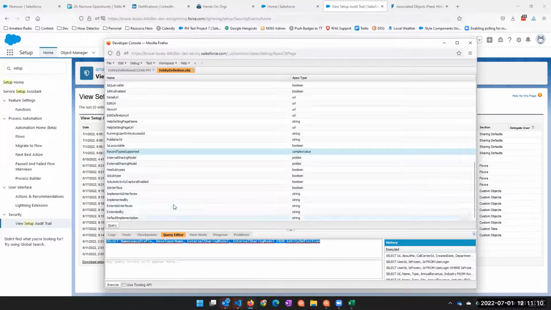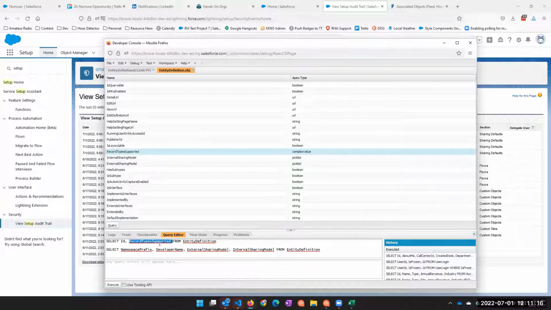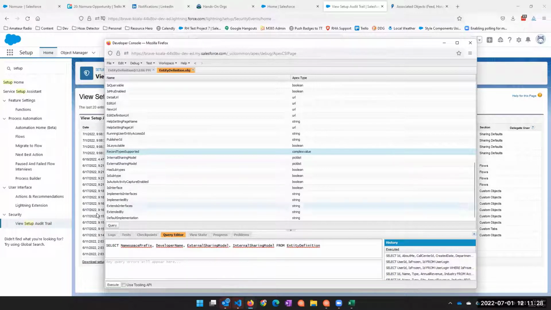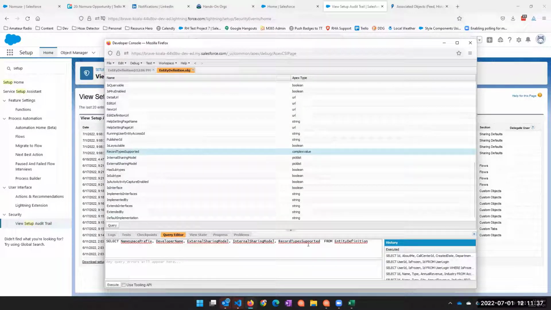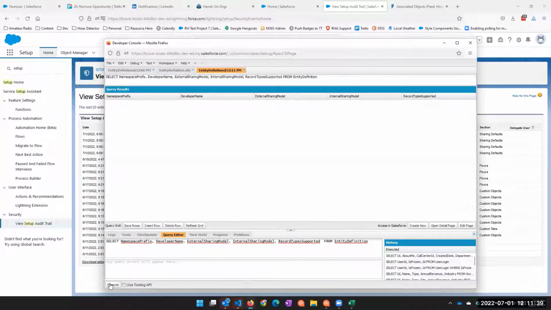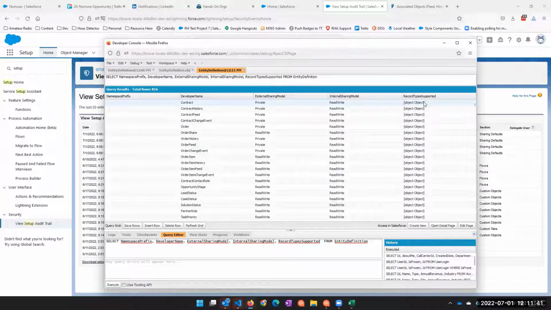Here, let me just do this. I'm going to copy this and throw that down here. And I'm going to throw in where, and I actually have no idea what record type supported is. So before I actually add that to my where clause, let's just throw that in there to see what it looks like when it comes back. Let's see, select blah, blah, blah from entity. Okay, and of course